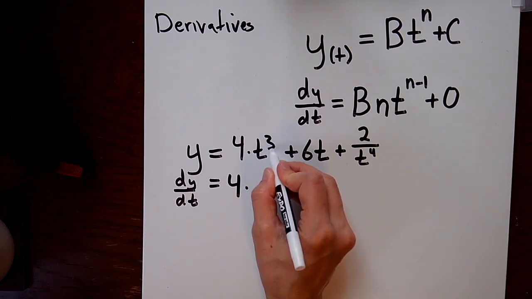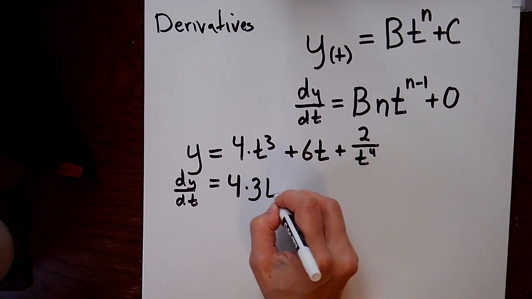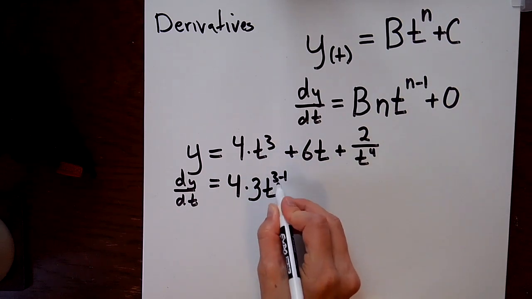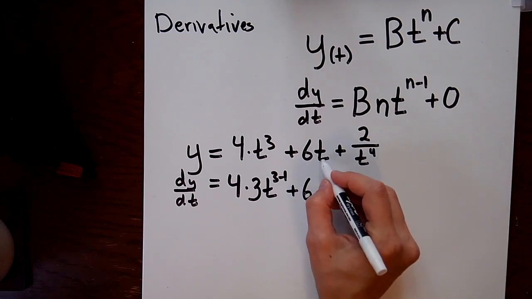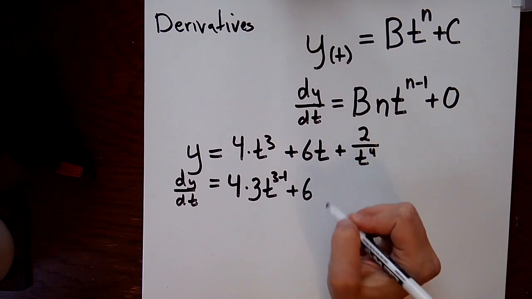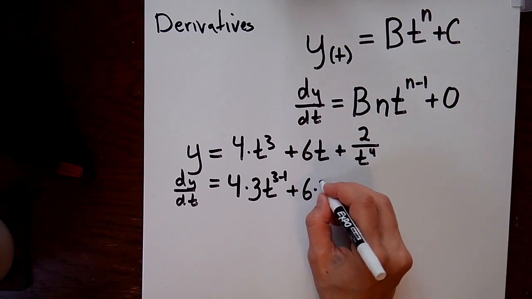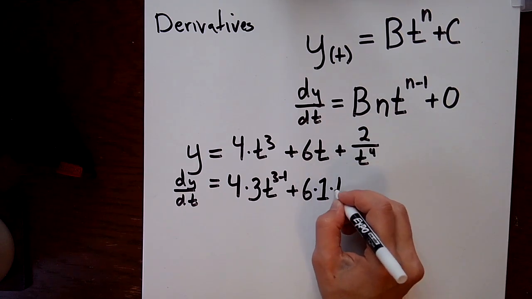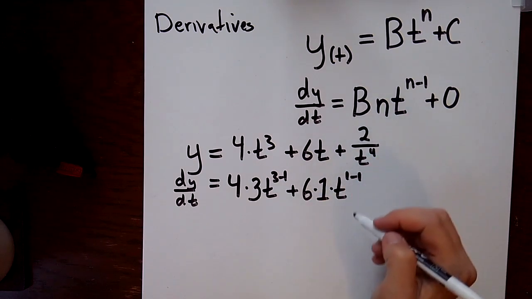This t is raised to the third power, so that's its n, so we multiply by it and then subtract 1 from it in the exponent of t, and then 6, so it's like the b, it stays. T, well, it doesn't have a power explicit, but when it doesn't have an explicit power, that means the power is 1, so n is 1 for this t. So we multiply by 1, and we do t to the 1 minus 1 here, following these rules,